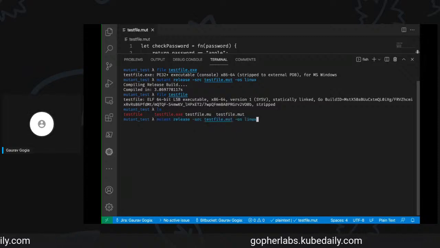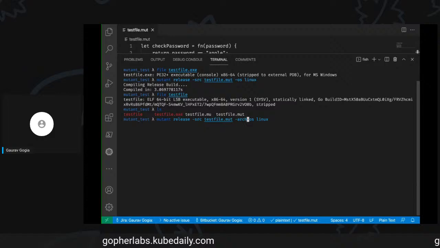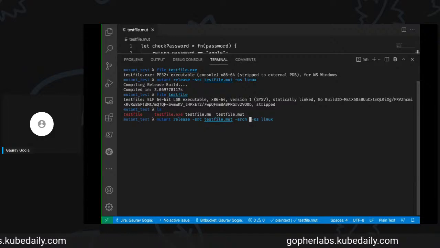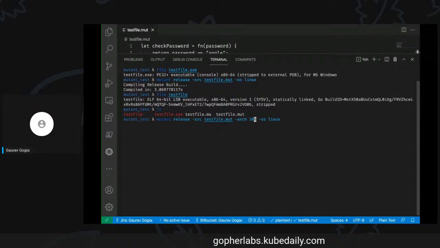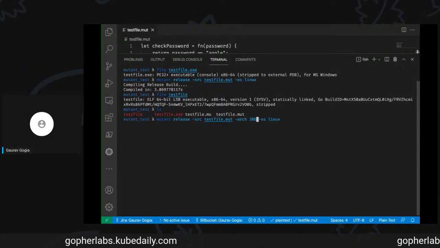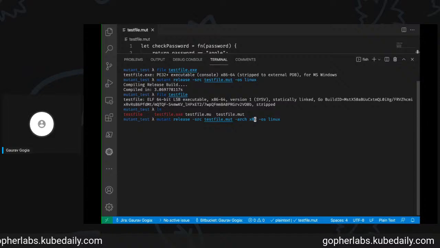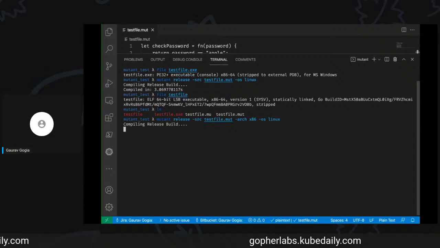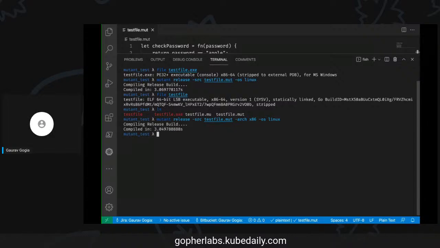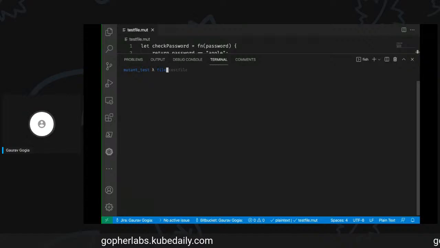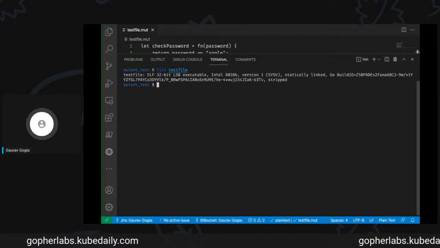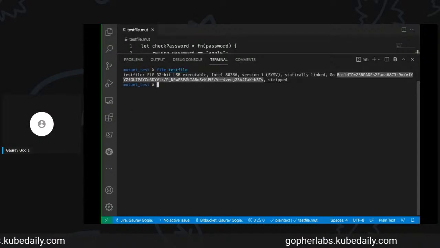Let's see how we can do that. We give it 386 value for Arch, or we can use x86, whatever works for you. And see, now we have a 32-bit compiled file.